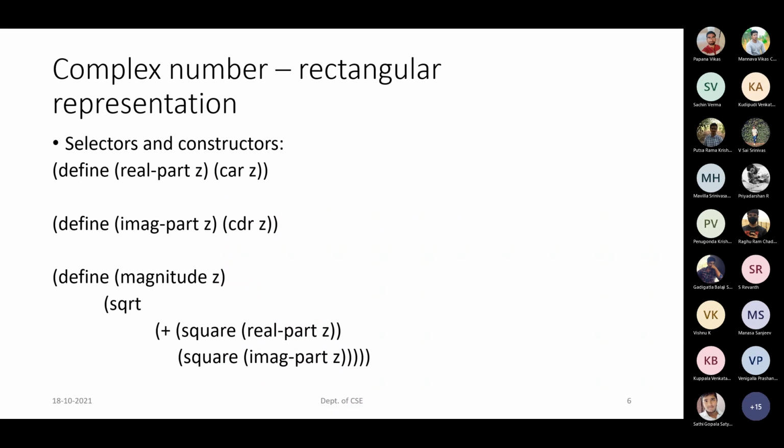If your complex number was in the rectangular form, how would you have defined it? We made use of real part, where we had car of that complex number, so that you will be extracting it. You can imagine the rectangular form, whatever you are passing, is 1, 2 if you say, which mathematically is written as 1 plus 2i. That is what we are assuming. We don't have to pass the i value, because whenever we are defining the procedures, we are not expecting the i value. i is in the mathematical representation. When it has been converted to the procedure part, we will not be passing this i value as such.